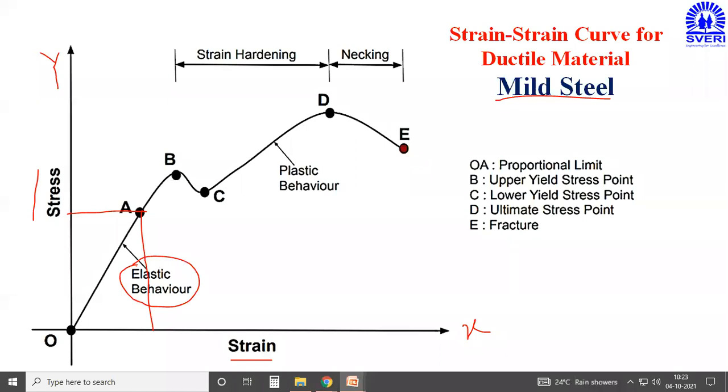What is meant by the elastic behavior? I have applied some amount of force, and if I release the force, the body regains its original position. It means there is a property of elasticity, and that regaining of position is possible from this particular point A only. Once your material crosses the elastic limit point, the elasticity property will not be applicable. That material remains in the deformed position as it is. It does not regain its original position.